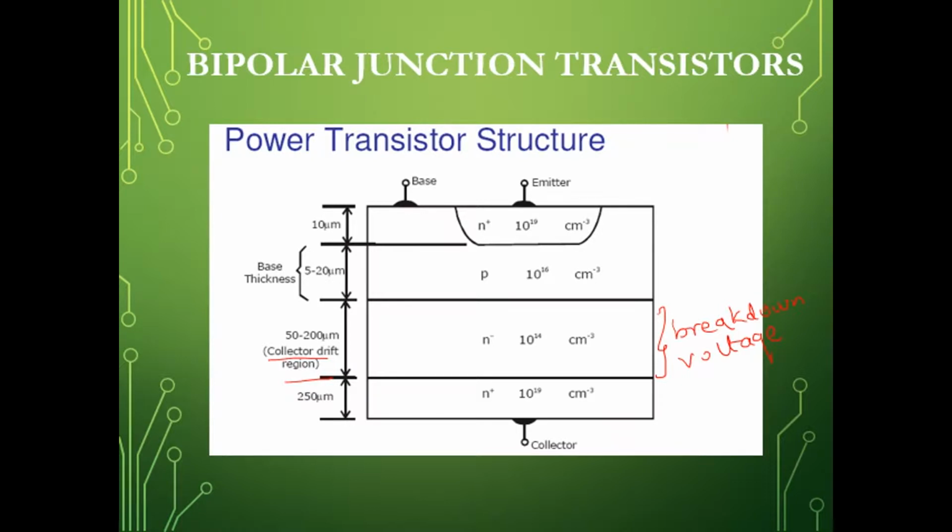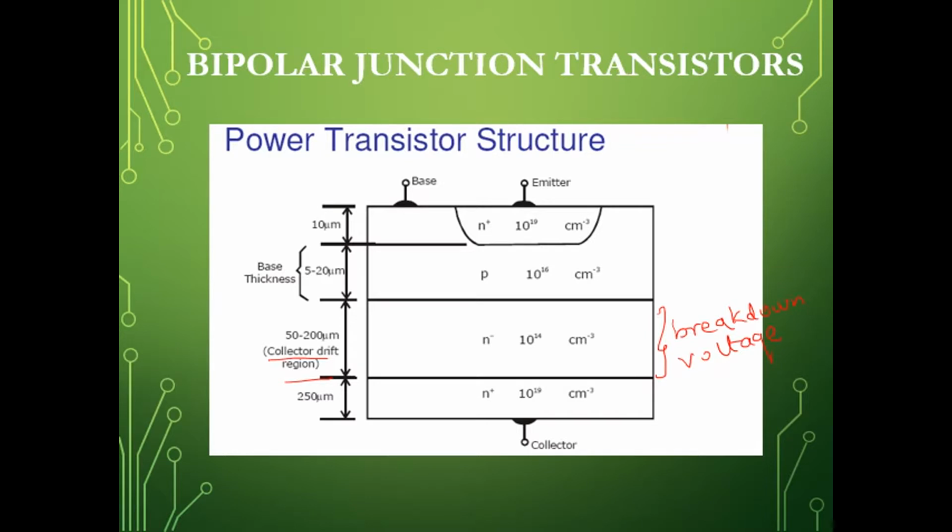The characteristics of the device are determined by the doping level in each of these layers and the thickness of these layers. The advantages or characteristics of the power BJT are: it has a large size so that maximum current can flow through it. Second, it can withstand very high voltage. The breakdown voltage is high due to the presence of the low doping N region. It has a higher current carrying capability as well as high power handling capability. It has a higher on state voltage drop and it can be used for high power applications.